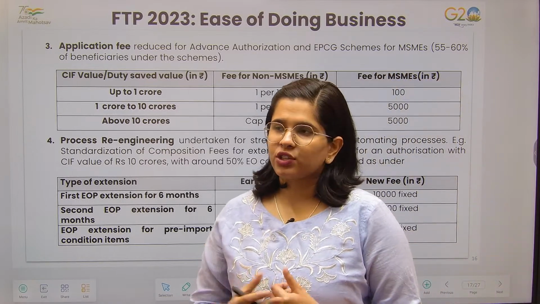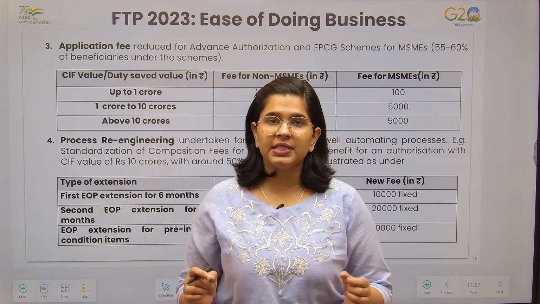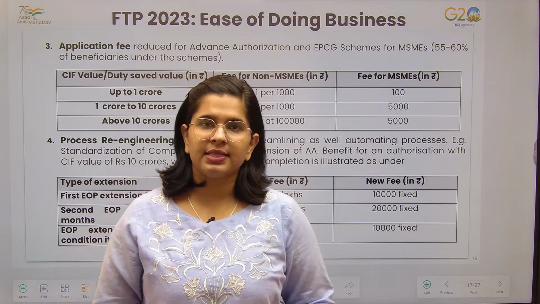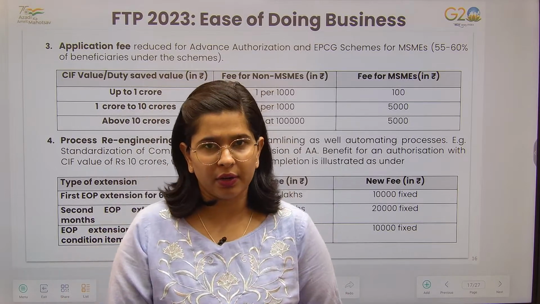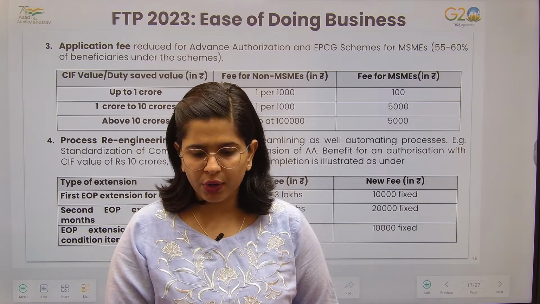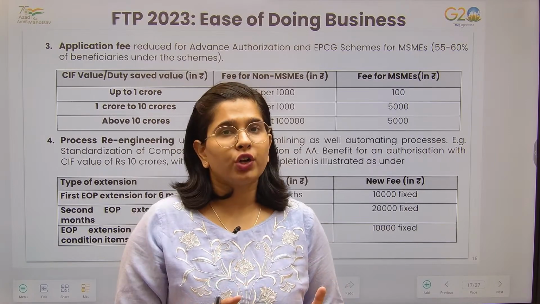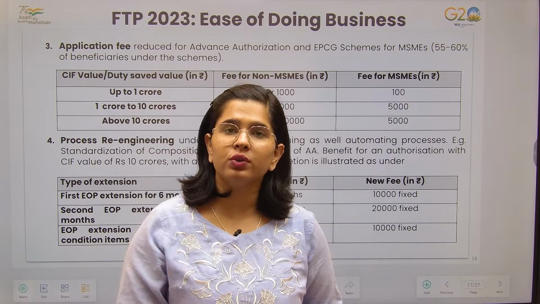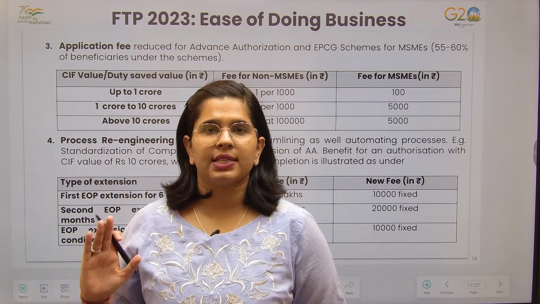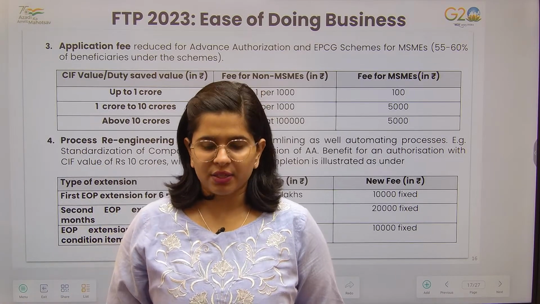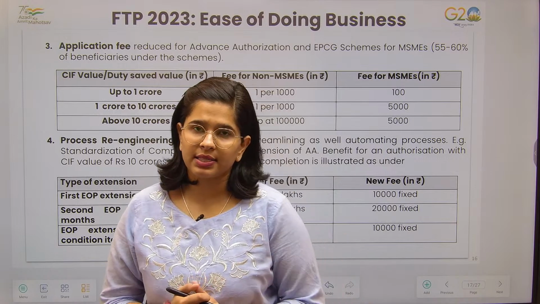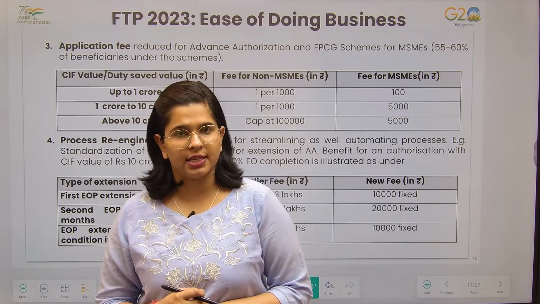In my last lecture, I discussed the EPCG scheme, right? Under the EPCG scheme, government says that you can import capital goods. Fine, we are going to remit the duty. We are not going to charge you the duties, but you have to use that particular machinery or capital good for the purpose of exports. Understood? That's what we learned under the EPCG scheme, and then there was another scheme called advance authorization.